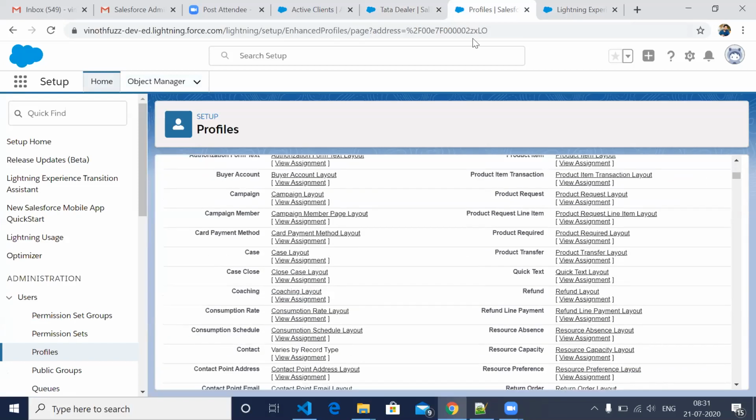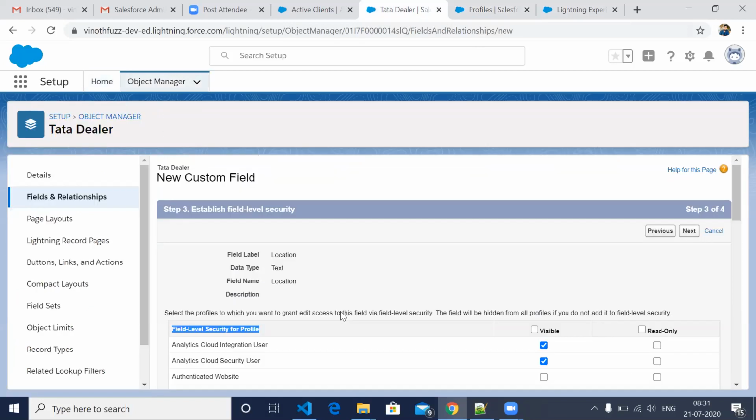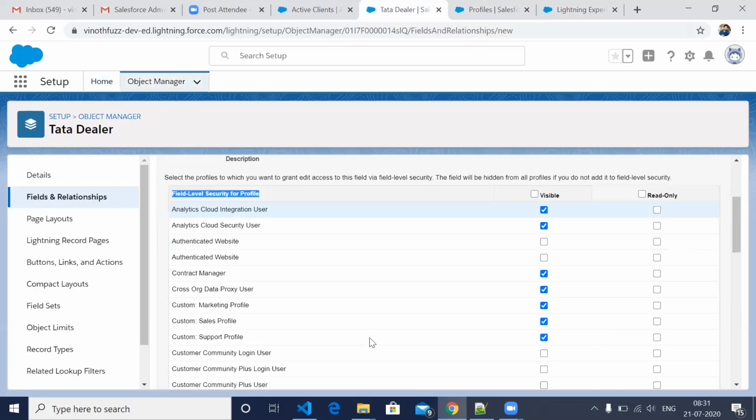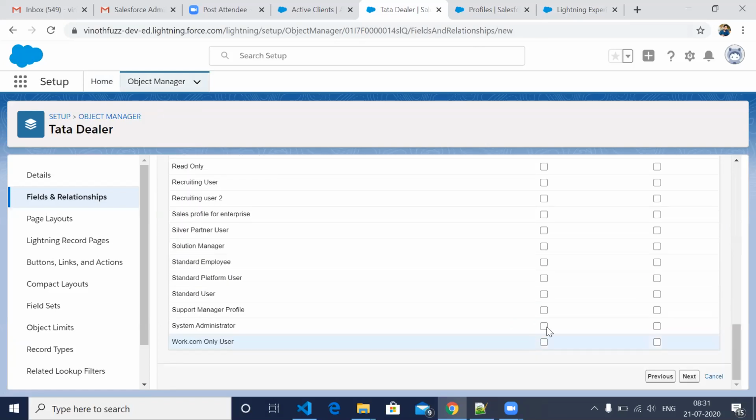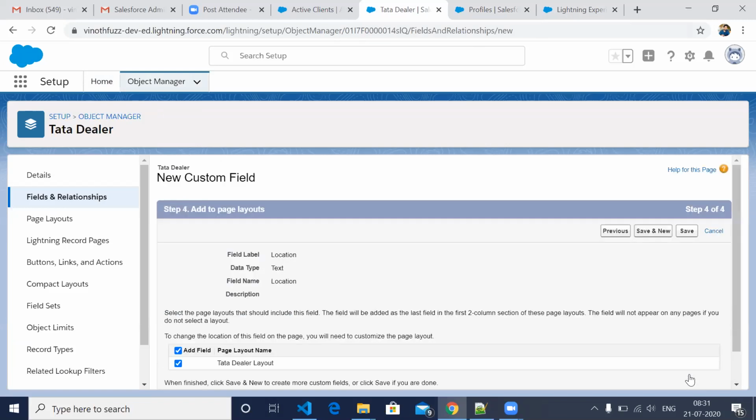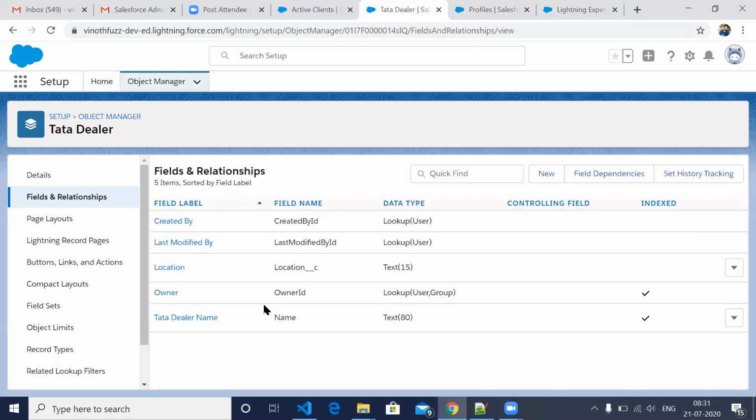So they will give you the first option here. What I can do is choose to whom it should be visible. I'm a system administrator, so I'm giving it only to me. So for the remaining profiles, it will not be available. Just save it. So this particular field will be available only for me.